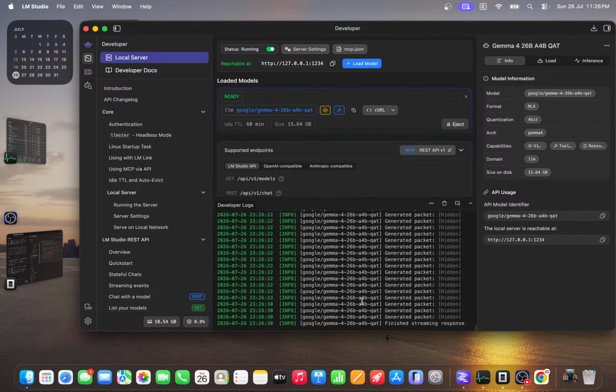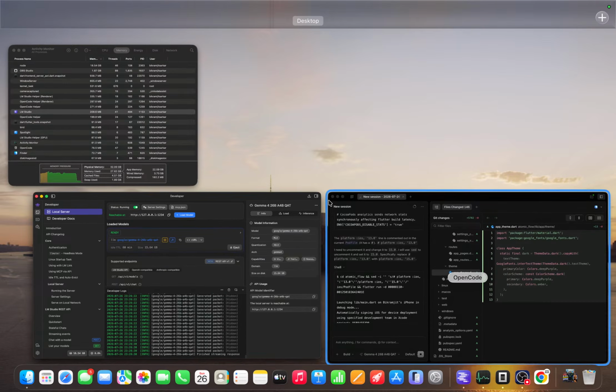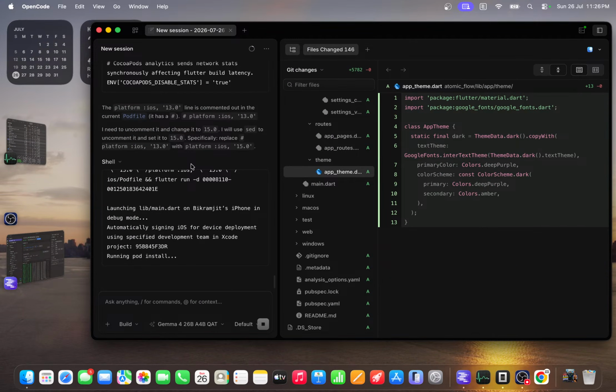This is not something people should be worried about. I have seen people worrying about this swap memory, and which is bullshit. I'm sorry to say. So yeah, stop bullshitting around, guys, swap memory is fine. I have this 8 GB MacBook M1 Pro, but it works so fine with swap memory only. But yeah, it's good. So it's running pod install right now,